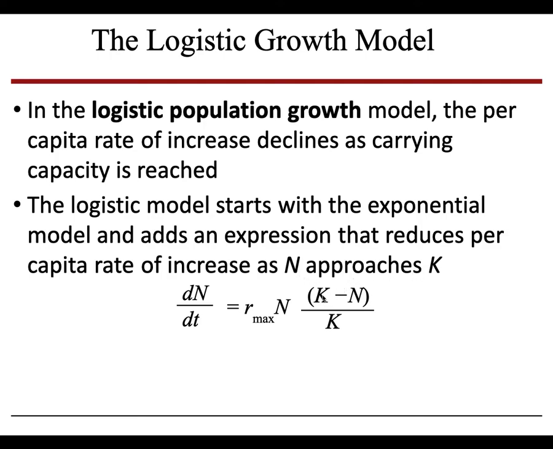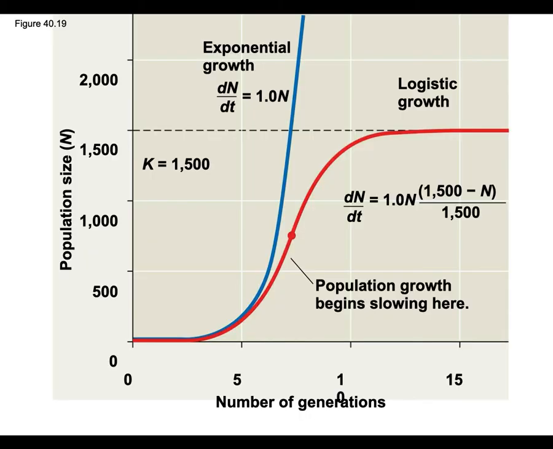And what this means is the rate of growth is going to slow as this population gets closer to K. So if I know a species has a carrying capacity of 1,500, Rmax is going to stay the same, but this (1,500 minus N) over 1,500, this logistic model, is going to cause my rate of growth to slow